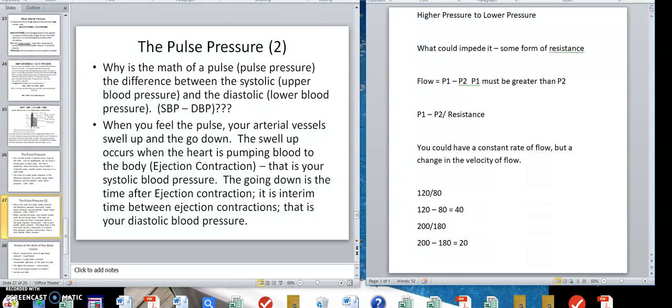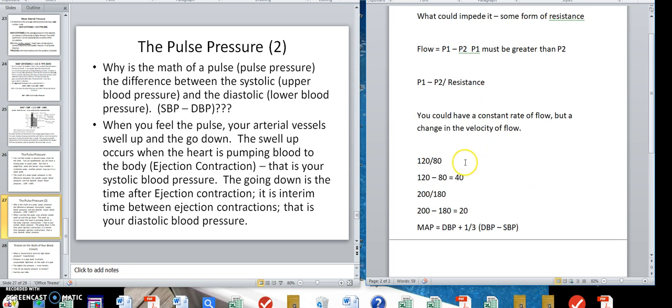Okay. Now, while we're at it, let's calculate MAP for these two people. Okay? MAP equals diastolic blood pressure plus 1/3 of the pulse pressure, which is the systolic blood pressure minus the diastolic blood pressure. Okay, so let's go up. So let's say we do it for the 120/80. Okay, so in that case, MAP would equal,